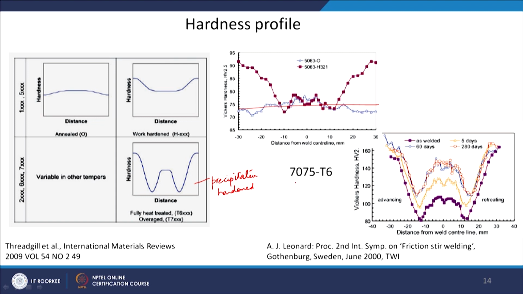Okay. This is 7075, a very hard, very high strength aluminum alloy, containing magnesium and zinc, 7000 series alloys. Okay. Here you can see a very large reduction in the hardness because of the precipitate dissolution or precipitate coarsening. Okay. Whereas, if you do a simple natural aging, the hardness will start increasing obviously, because the precipitates will start nucleating, and there will be an increase in the hardness because of the aging process. Okay. So, this is the effect on the hardness of the material due to friction stir processing.